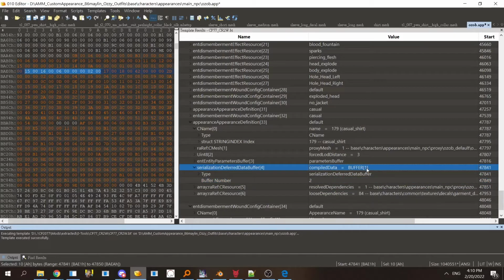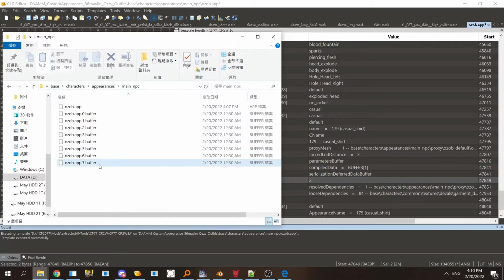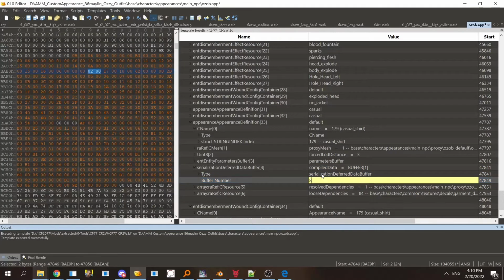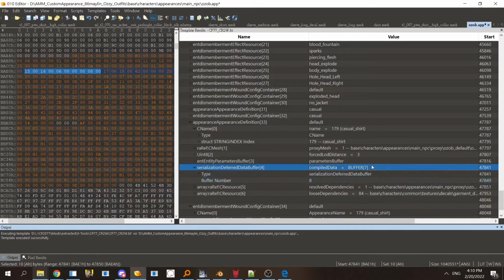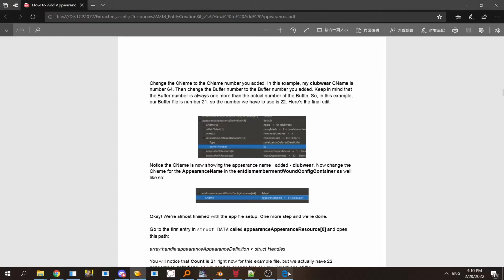It shows here buffer 1. So for us it is buffer 7, so we need to import 8, input 8, and it should be buffer 7. Okay,